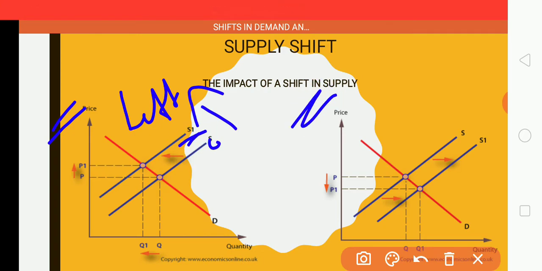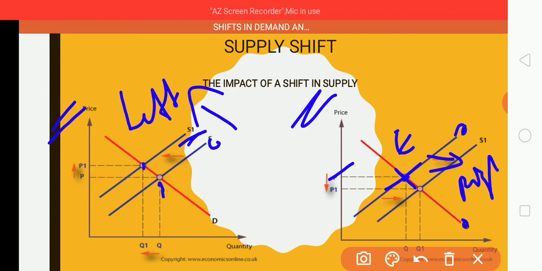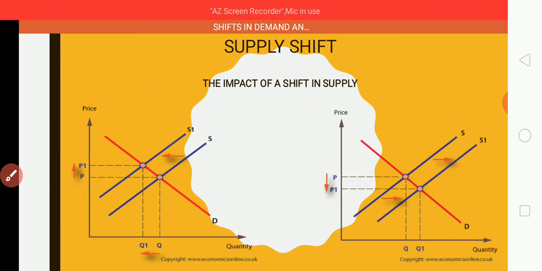So in this diagram we can observe the supply curve shifts leftward, that is S1. Coming to the next diagram, S and D intersect at this point, which is the original equilibrium, with equilibrium price P and equilibrium quantity Q. Here the new supply curve shifts leftward, and in the other it shifts rightward. Let us see how quantity and prices change in each case.